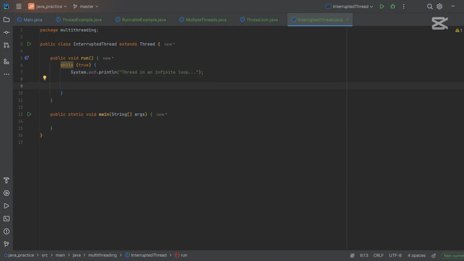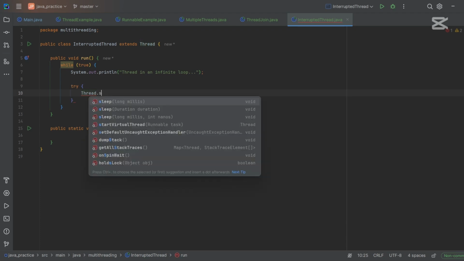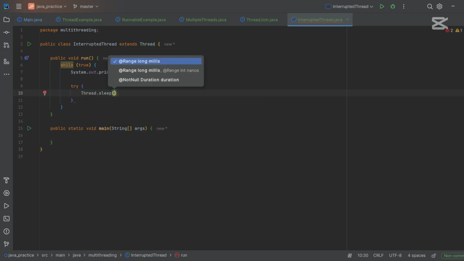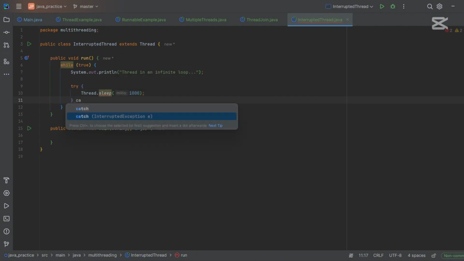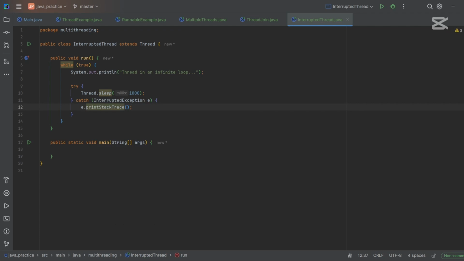Then we'll put our thread to sleep. So try thread dot sleep for a second. Catch the interrupted exception,